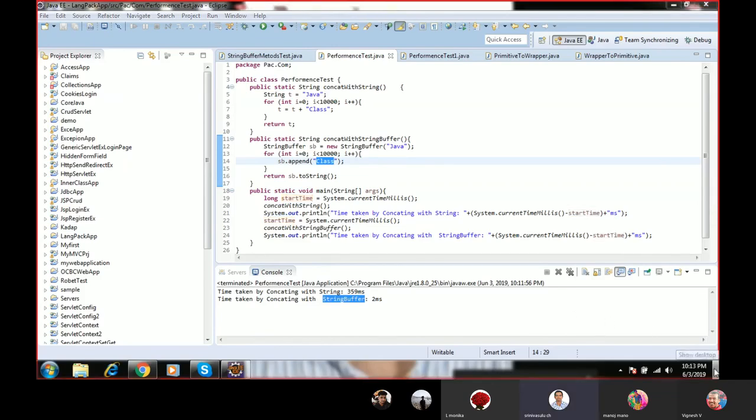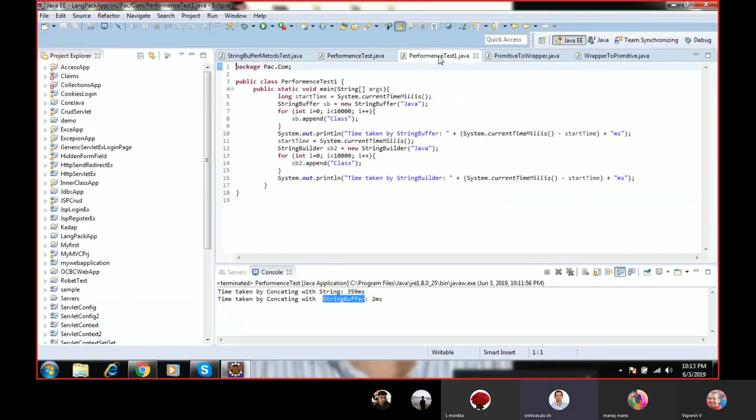Then similarly, string buffer and string builder. Which will give the better performance, the string buffer class or the string builder class? So now here I am checking string buffer and string builder. So for that,